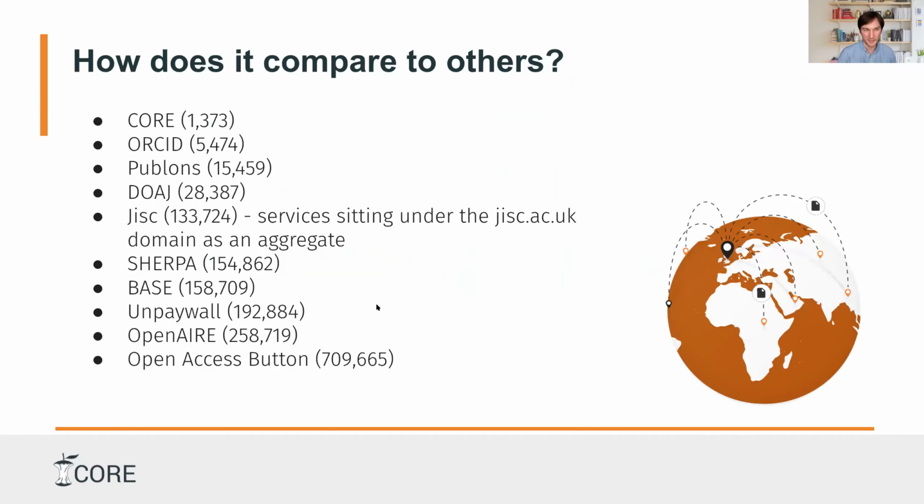So for instance, if we were to compare ourselves with some other very notable, very highly used open science or open access data services or infrastructure services, this is how we would rank. The lower the rank, the better, the higher the usage. So you can see some very well recognized services and their rank in the global ranking of usage on the whole internet.